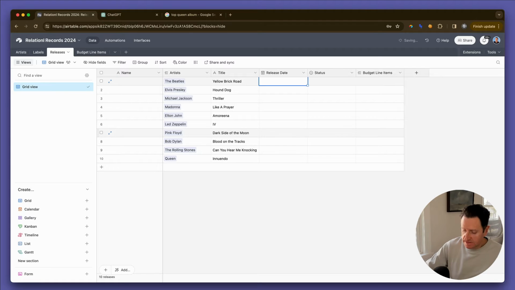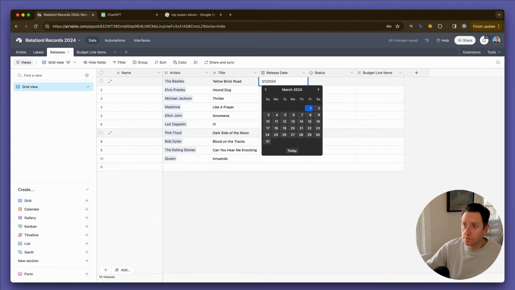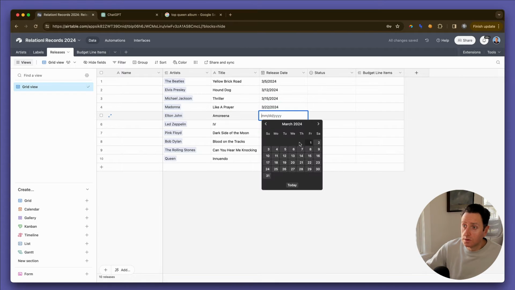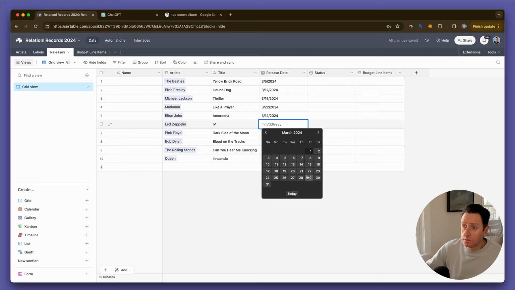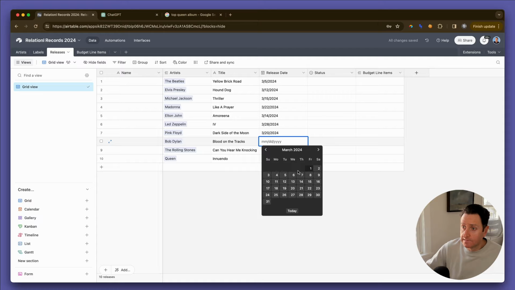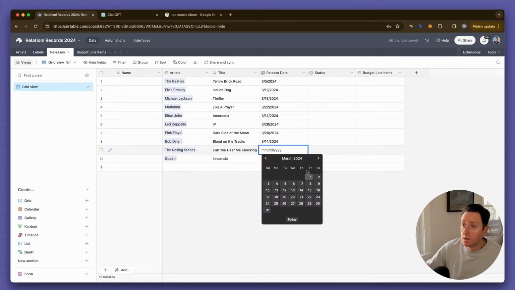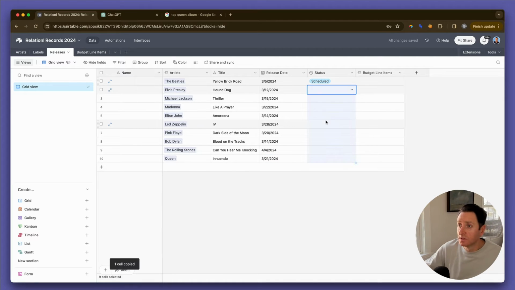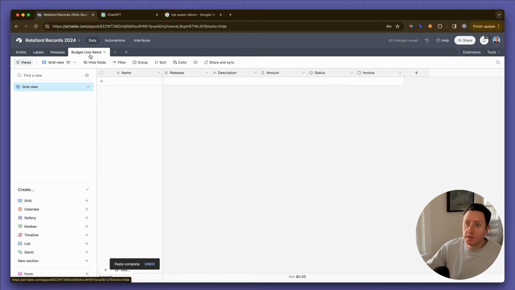Great. Release dates, we're just going to put some things in the future. So we'll say boom, boom, boom, boom, boom, boom, boom. Going to April maybe, boom, and then boom. And let's make the status of all of these scheduled. Great. And then budget line items needs